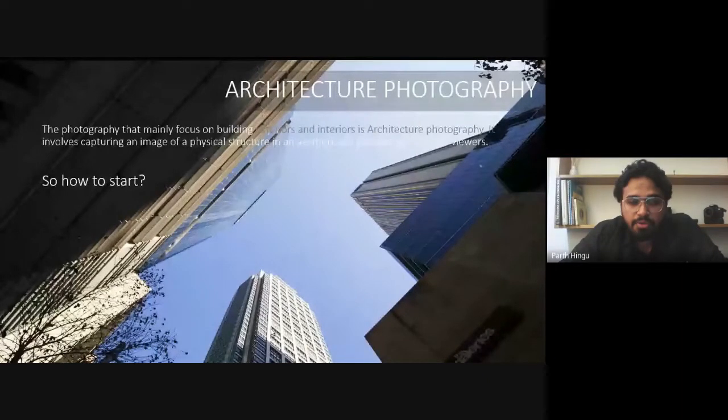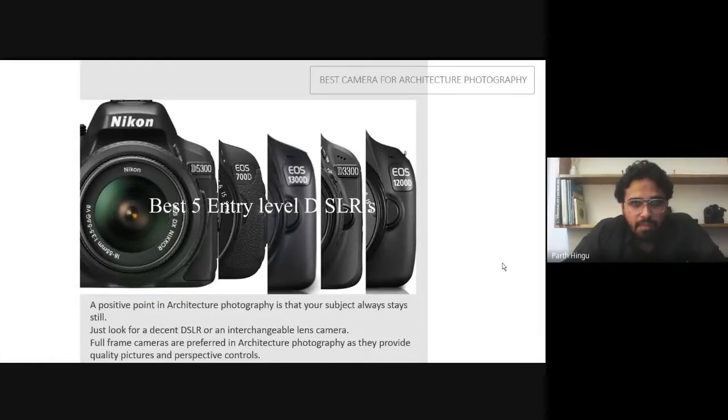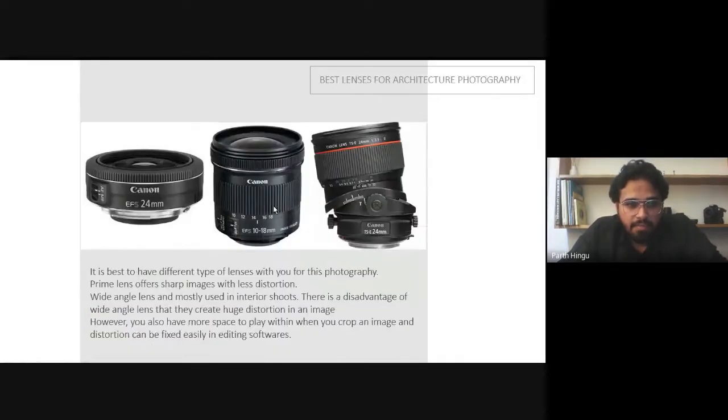So these are some of the best cameras for entry level photographers, like the Nikon D3300, and some of the Canon and Nikon cameras.